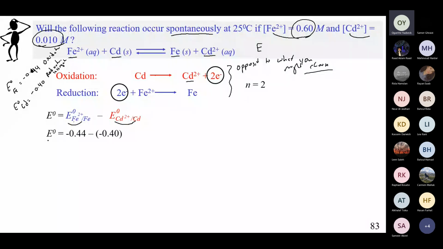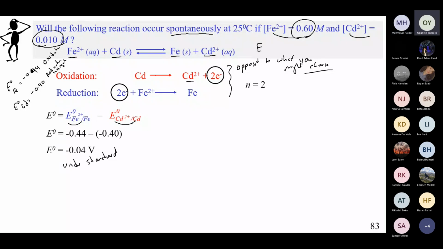So from the equation, the E naught of this equation is E naught of iron minus E naught of cadmium, which is minus 0.04. Is this spontaneous under standard conditions? No, under standard conditions, it is not spontaneous. Okay. What do we have to do? We have to get the